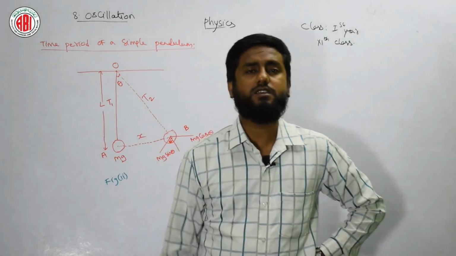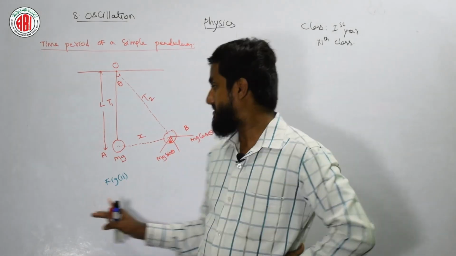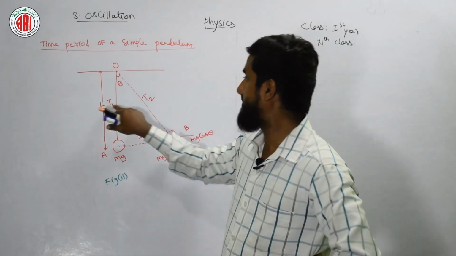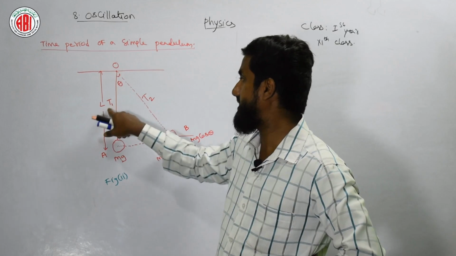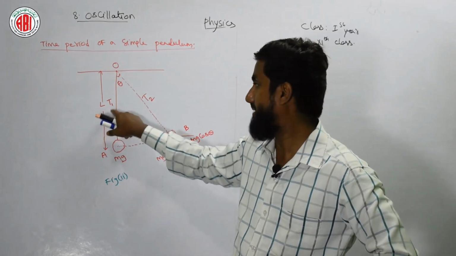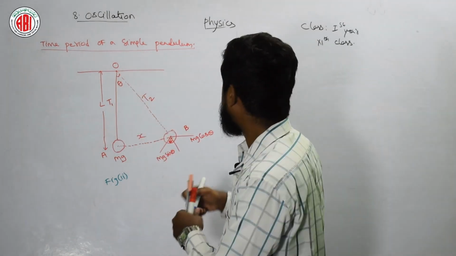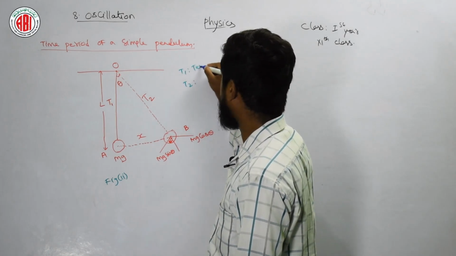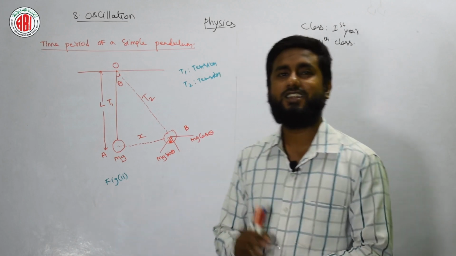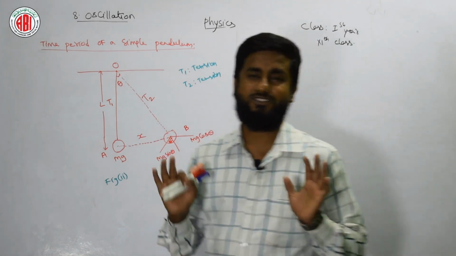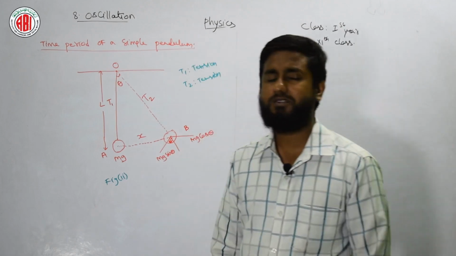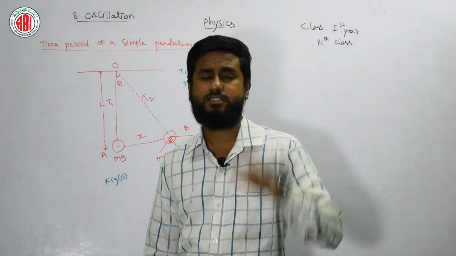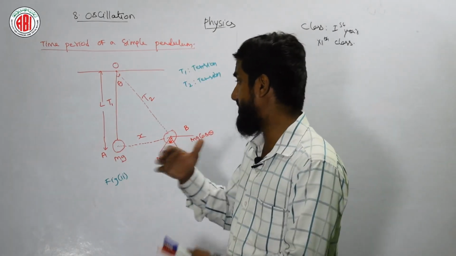I am saying something, listen carefully. From figure 2, at equilibrium position, the tension in the string is nothing but T1. Okay, just now I said T1 is time and T2 is time, but it is not time, it is tension, rectify it. And what is tension? We already learned in our 8th class chapter number 1, force. Tension is a type of force which usually exists in hanging things. Okay, I am saying something, listen carefully.